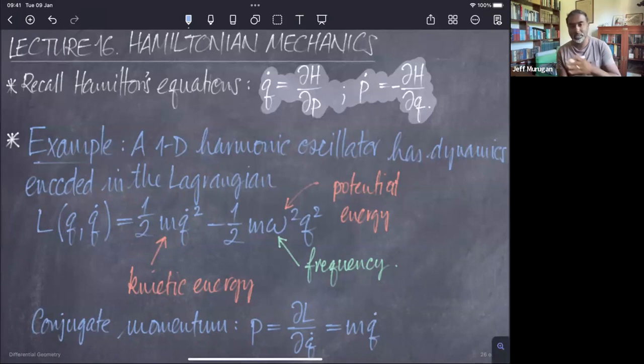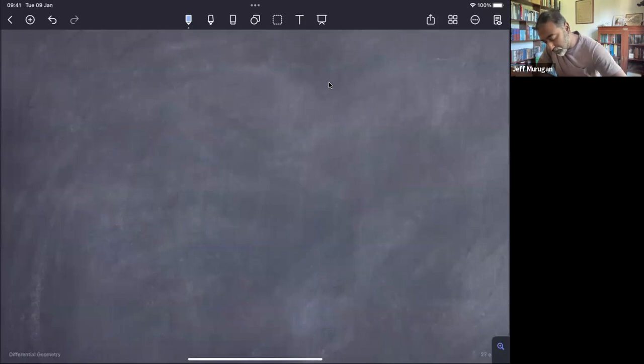So the momentum is the mass times the velocity, as you've learned from high school already, which means that q dot can be traded in, wherever I see it, for the momentum of the oscillator divided by its mass. So if I want to reformulate things in terms of the Hamiltonian, I have to replace q dot everywhere I see it by the momentum of the oscillator divided by its mass. So directly substituting into the Legendre transformation, then we find that